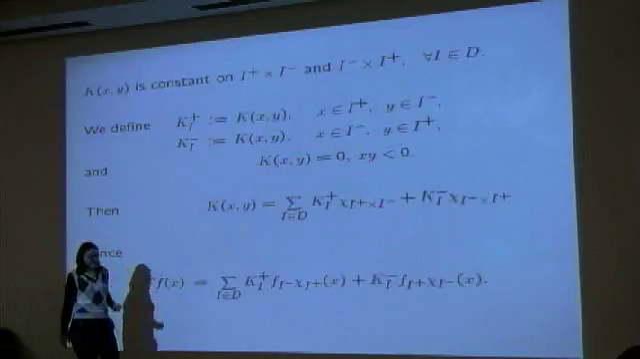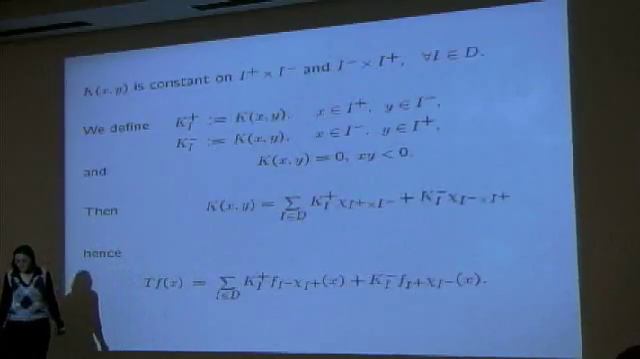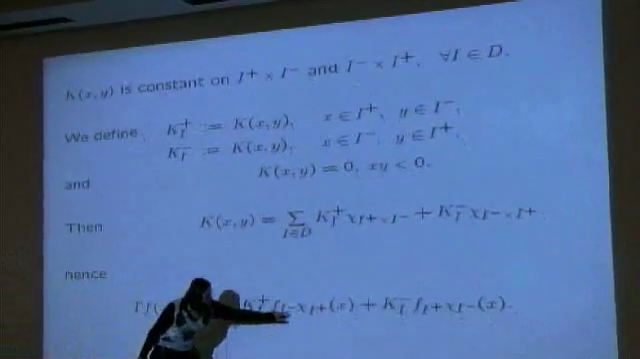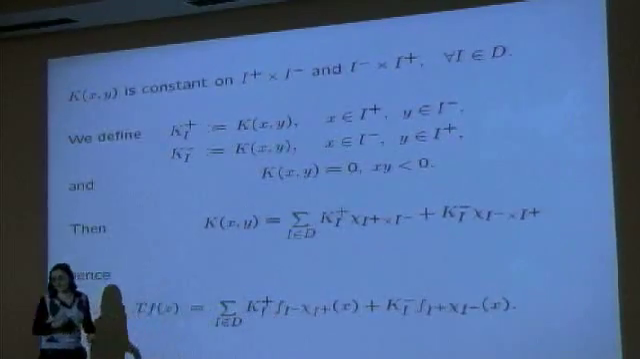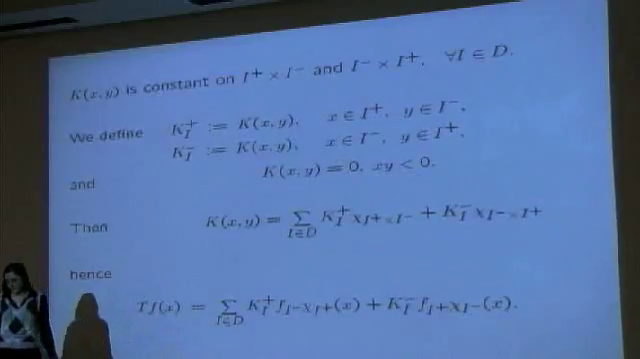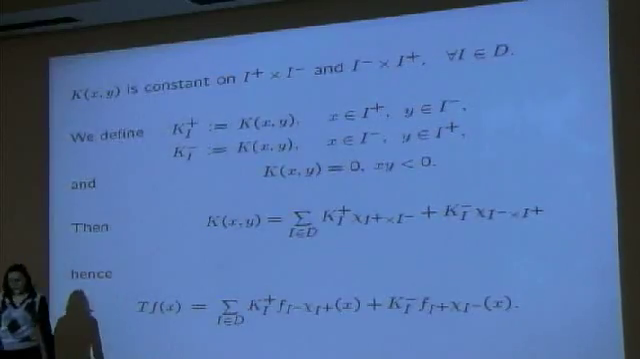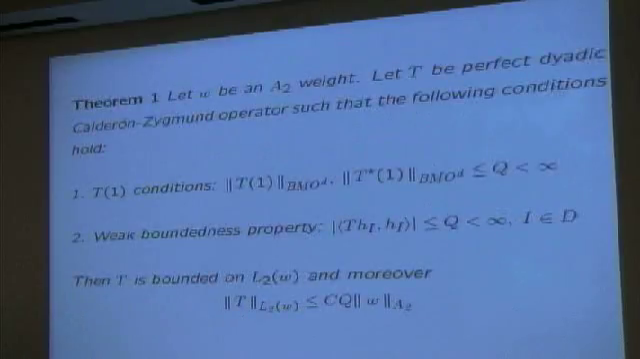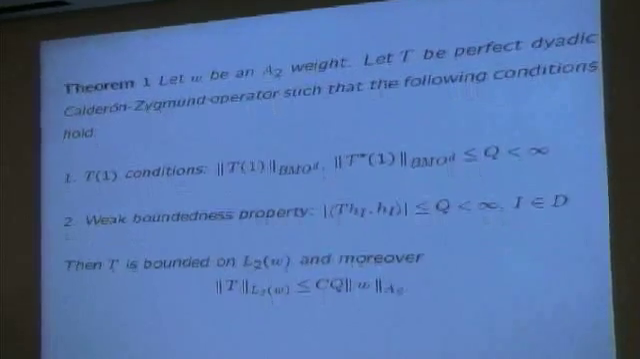And then the operator can be written this way. Right, you just integrate, this is what you get. Again, this f_I- is the integral of f over I-, f_I+ is the integral of f over I+. Okay, now when we understand how the operator looks like, here is the main theorem: